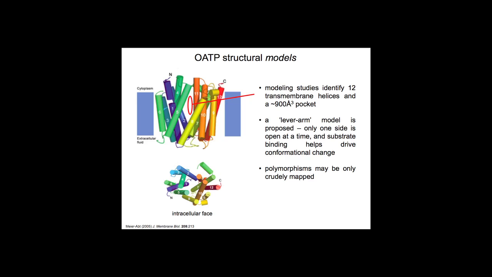So now we're looking down at the membrane, and what we see is the closed side. You see that these helices have effectively sealed off the extracellular environment, and then when drug binds, perhaps we'll see a change in that conformation. Or when drug is released from the other side, perhaps we'll see a change in the conformation. So let's see how those polymorphisms might actually map. Before we do that, there's one other thing to